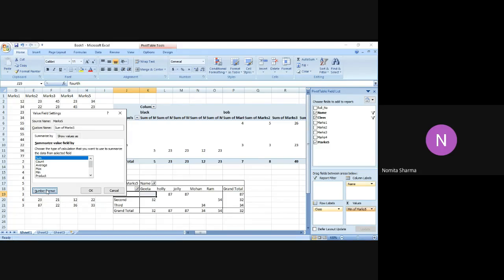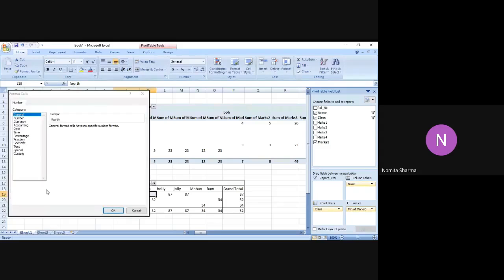the number format is the same format window which you get when you click on any cell, in case you want to change the format of that cell. Remember when we were doing conditional formatting, we were changing the formats of date, number, and even other data types. So the same option you have here as well.